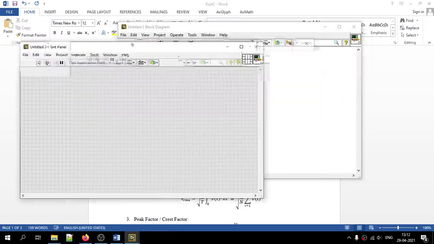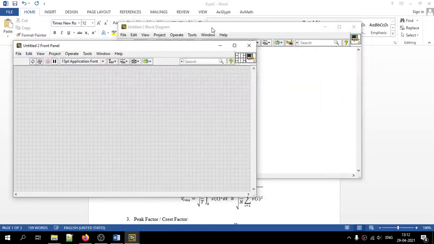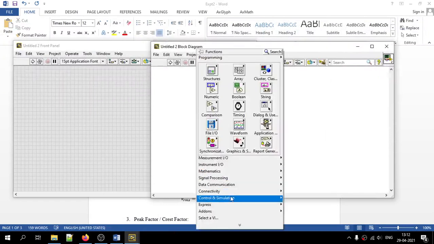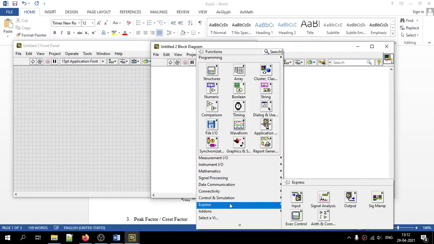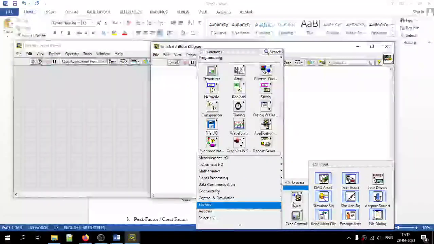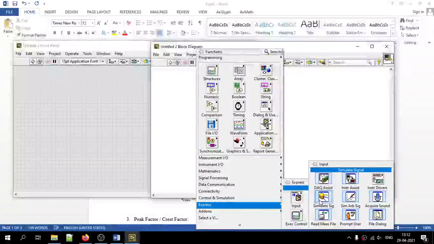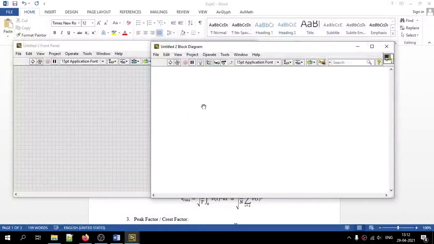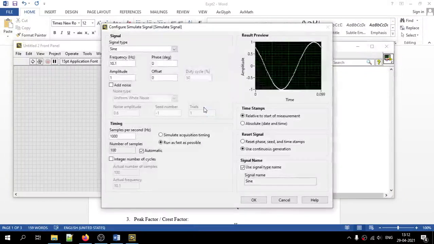Once a VI file has been opened, two windows will be there, the front panel as well as the block diagram. In the block diagram we will create a simulate signal block, which is available under Express, Input, Simulate Signal. The purpose of the block is to simulate a sampled signal instead of a data acquisition box. Once the block is placed, it will ask for several options.